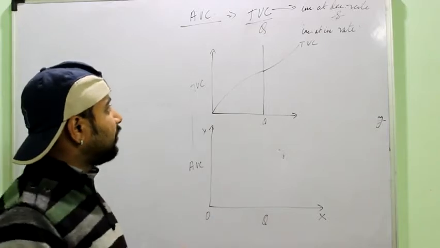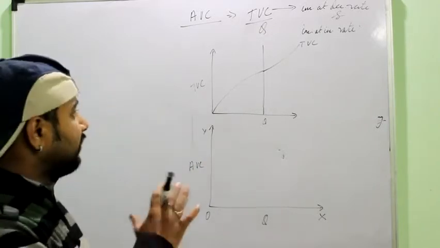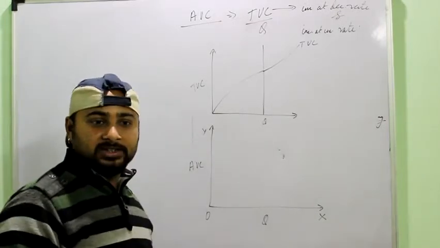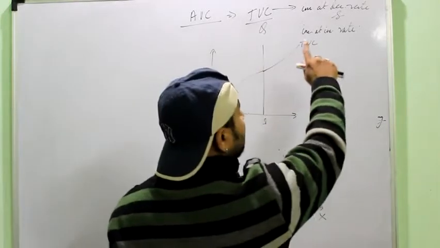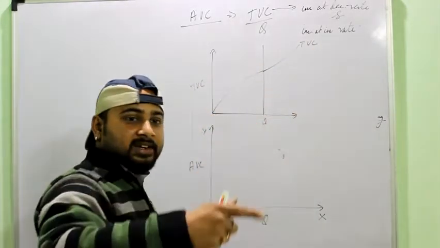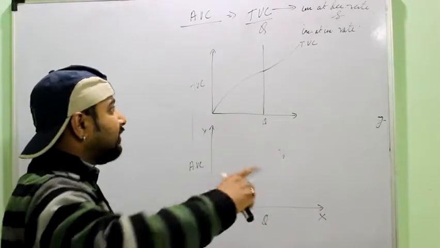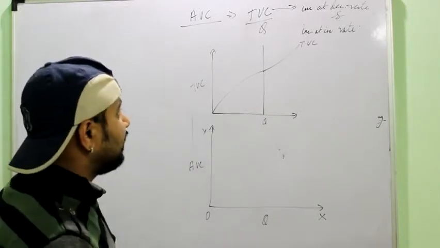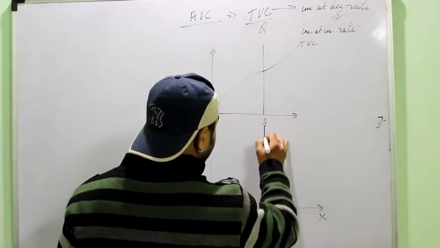See, this is a very important concept that you have to understand, because most of the curves are U-shaped here. It will also take a U-shaped curve. Behind all these, the reason is the law of diminishing returns or the law of variable proportions. And this is the fact that when production is increasing at an increasing rate, cost will increase at a decreasing rate, and when production is increasing at a decreasing rate, cost will increase at an increasing rate. This you have to remember.